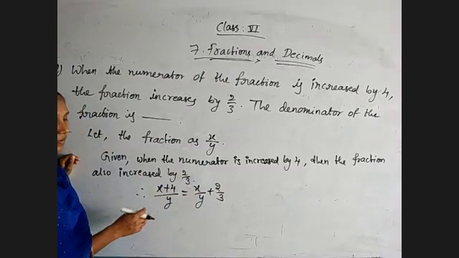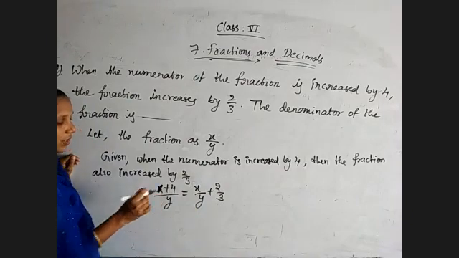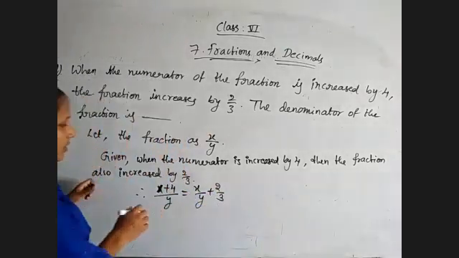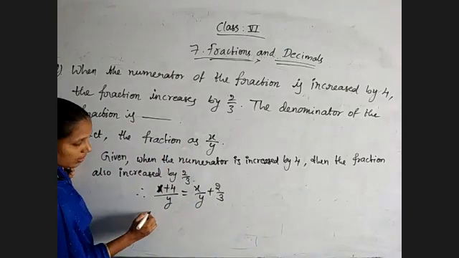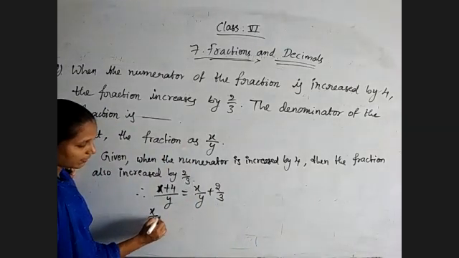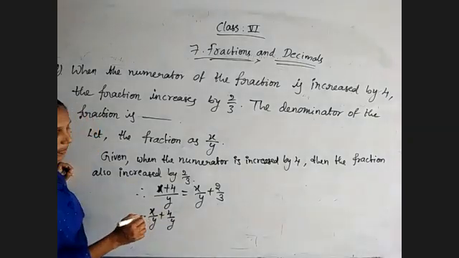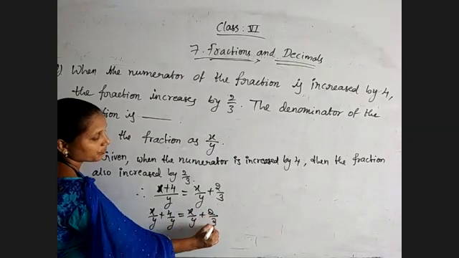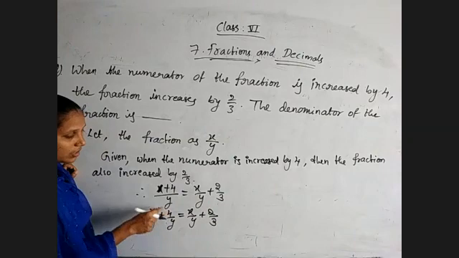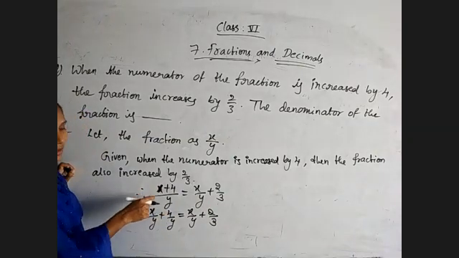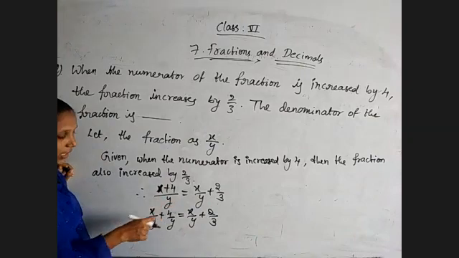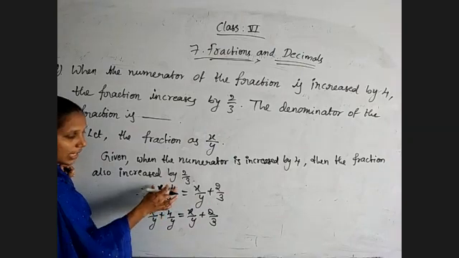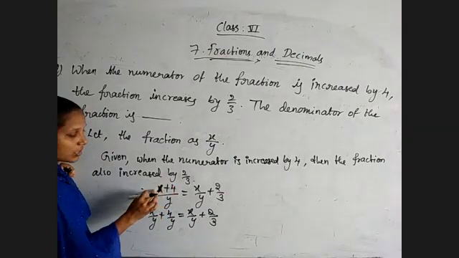Now simplify this one. We will get the x by y result. First of all, I am writing x by y plus 4 by y separately, is equal to x by y plus 2 by 3. So this y I am separating. See, the sum of like fractions is equal to the sum of numerators over the common denominator. When they are given like this, we perform like this. Now for this question, reversely I am applying. That means they have already given the sum of these two fractions.